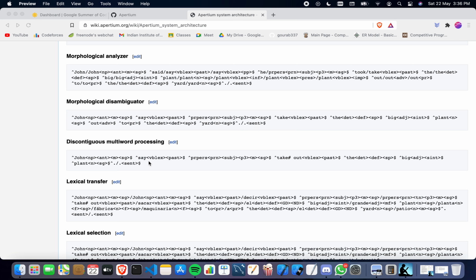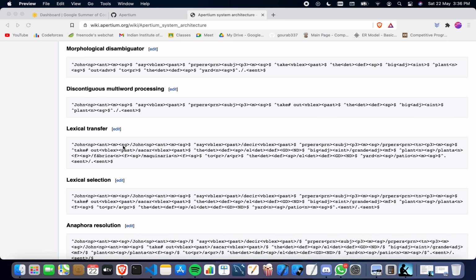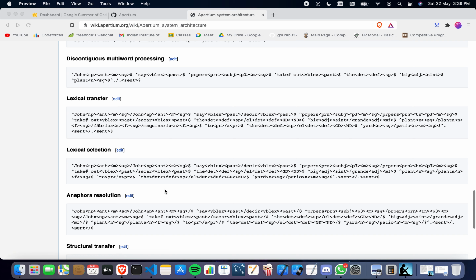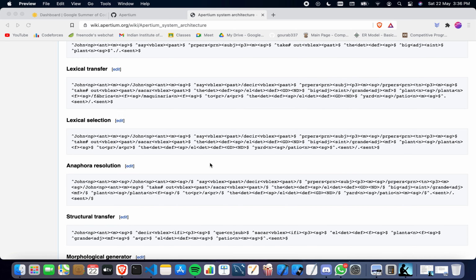Then we have the discontiguous multi-word processing, and after passing through that step, it will look something like this. Then through the lexical transfer phase, it will look something like this. With the lexical selection, it will look something like this.